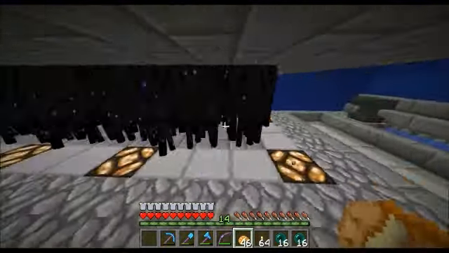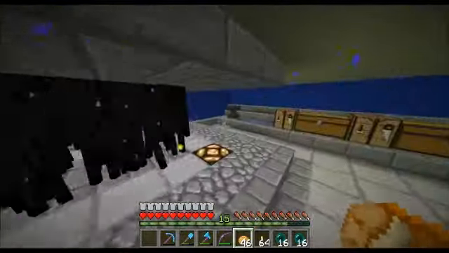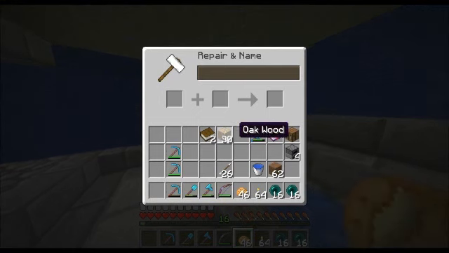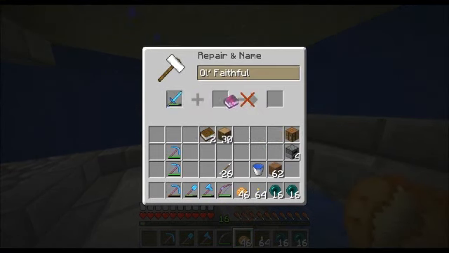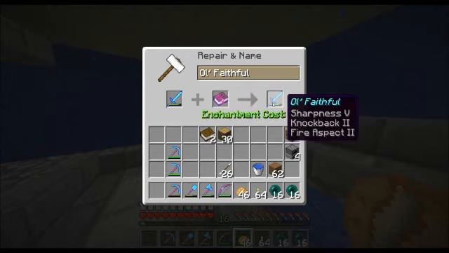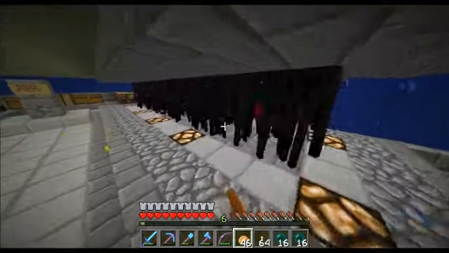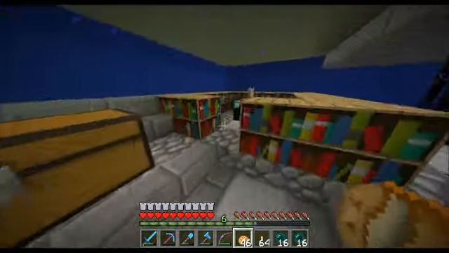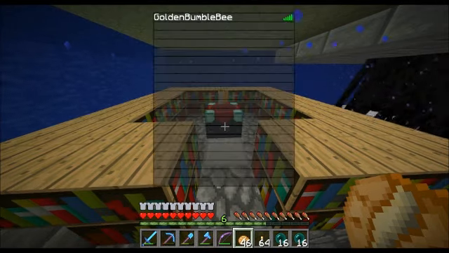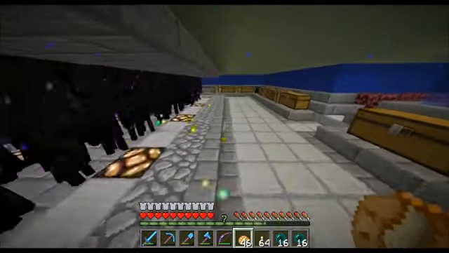This is the Ender. I'll turn my volume down a bit. This is what I built, but I thought I'd start off with Old Faithful, my sword, adding Sharpness 5. So this is where I do most of my enchanting, because as usual I'm the only one on. So I built this